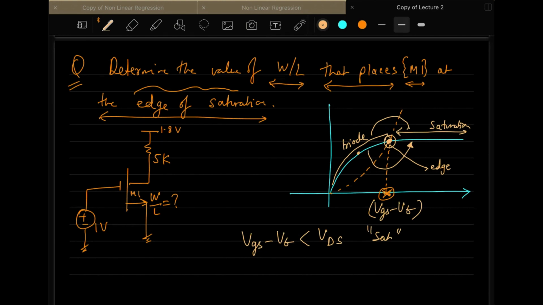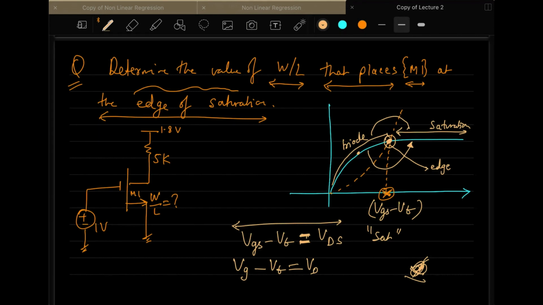But when it is at edge, normally this inequality is like this. But when you are saying at edge, this inequality changes to equality because you are at the boundary. That is why the less than goes away. So if you have this, then you already know that it's equivalent to Vg minus Vt equal to Vd, because S is of no use.